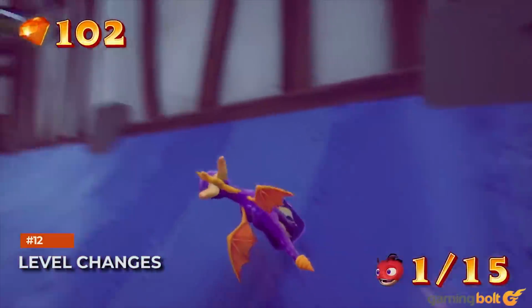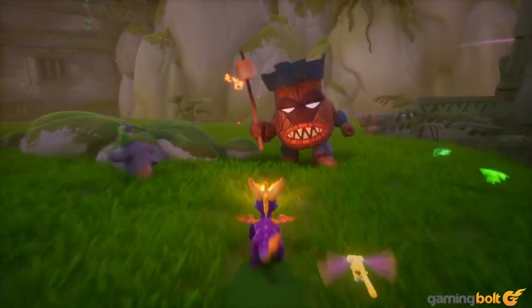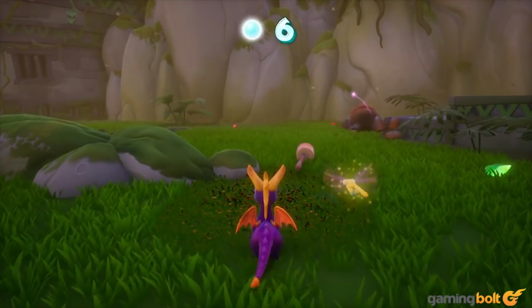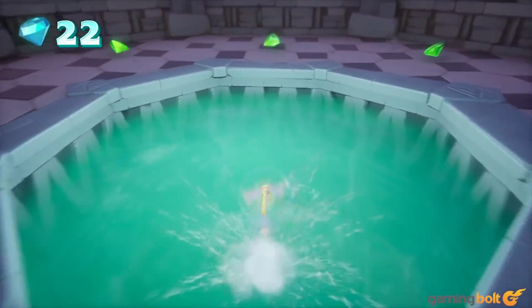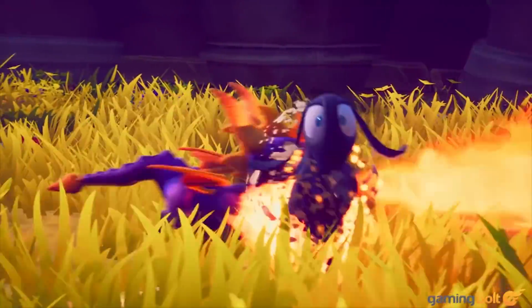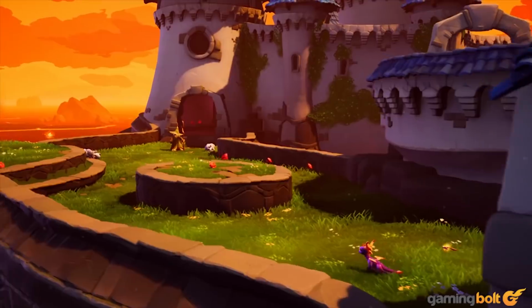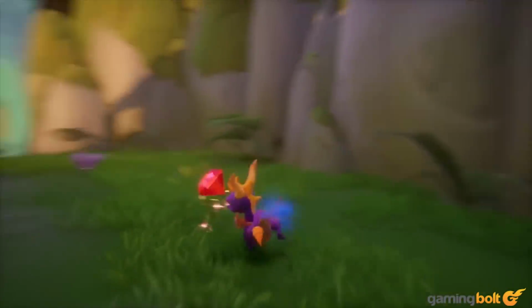Level changes. Even though Reignited Trilogy is remaking the first 3 games, fans of the classics who might be worried that it might change things a bit too much, well, don't be. Actually, it's not changing anything at all. The level design remains the same across the board in all 3 games, and things such as gems, enemies, destructible things in the environment that you might remember from the PS1 games are still going to be where they were